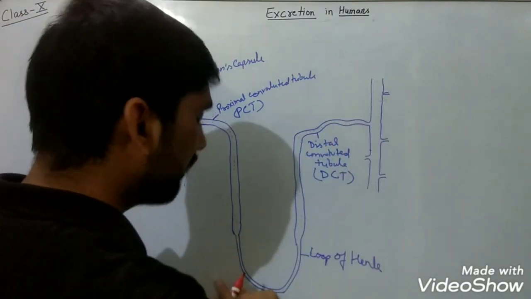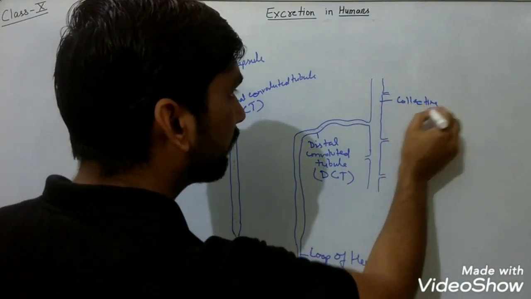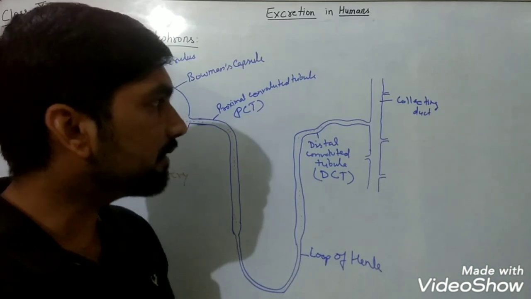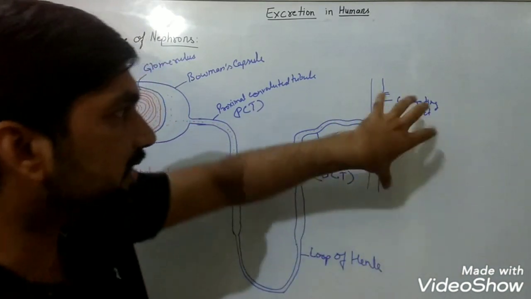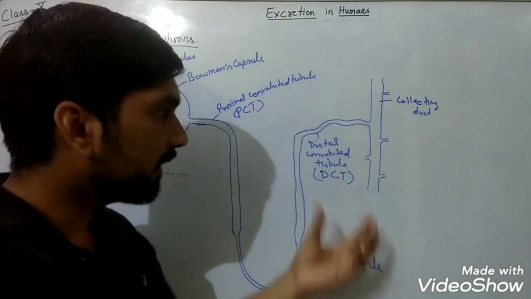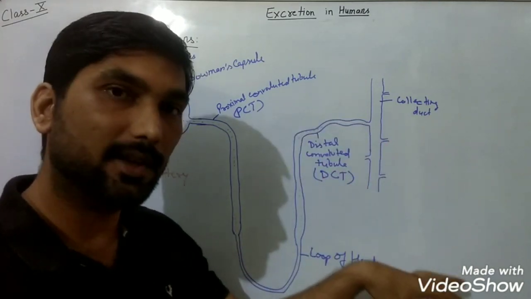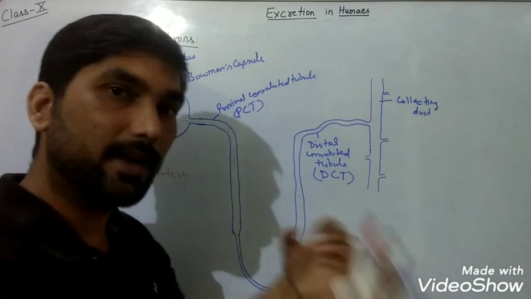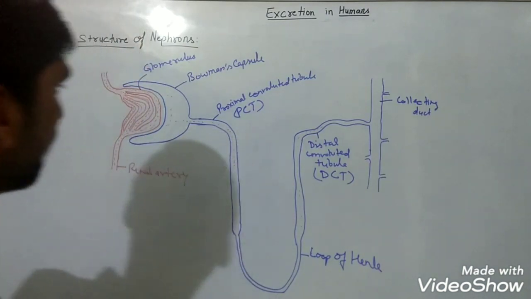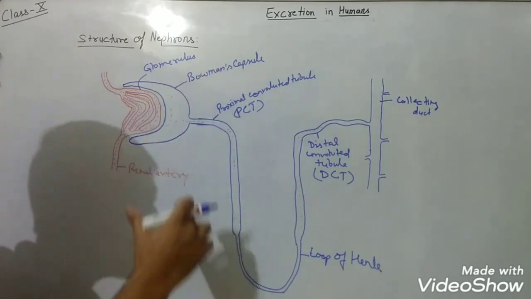This is the main collecting duct, which brings the filtered waste from all the distal convoluted tubules connected to this main tube, and finally this opens into the medulla part of the kidney, and from there it is sent to the pelvis region where it is collected, and finally the urine is removed out from the body. So this is the glomerulus and Bowman's capsule. Together they are known as